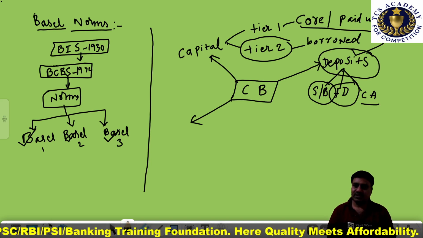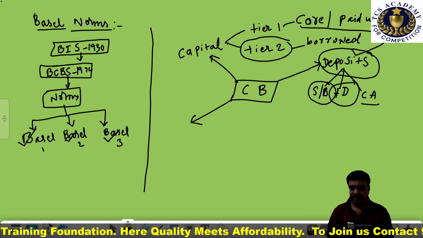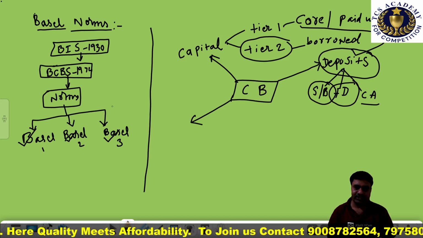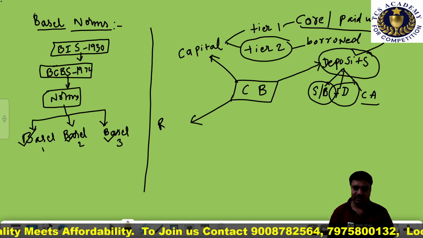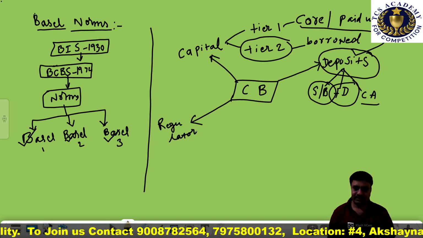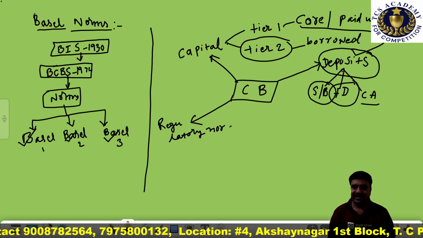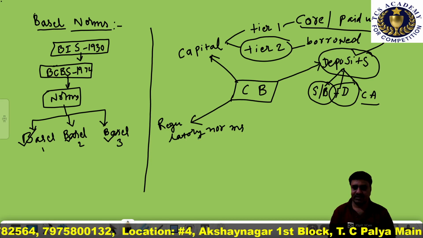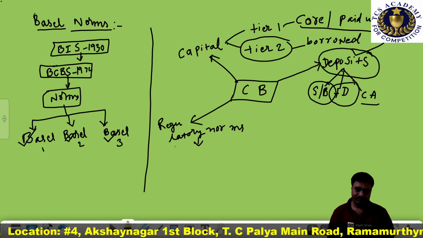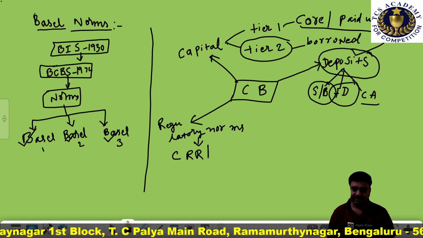Then the question arises: what will the banker do with the public money? There are certain regulatory norms by the central bank. Those norms must be complied with by a banker. Like CRR, SLR,